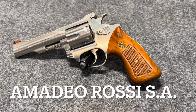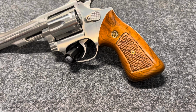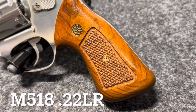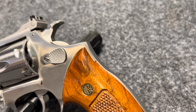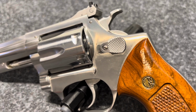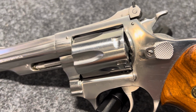Here's kind of an odd one from the bowels of the Cranky Gun Review safe. This is an Amadeo Rossi model 518 22 long rifle. This particular gun was hiding in a local gun shop for 3 or 4 months before I ended up picking it up. I looked at it a couple of times, and I was always a little bit leery about buying